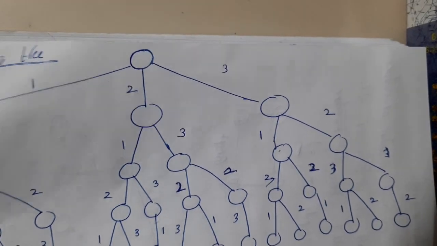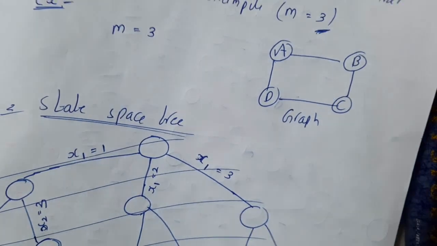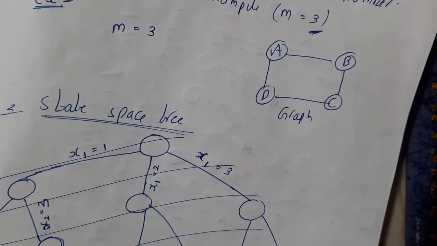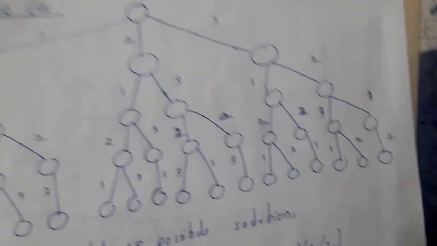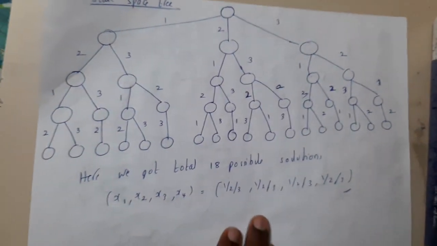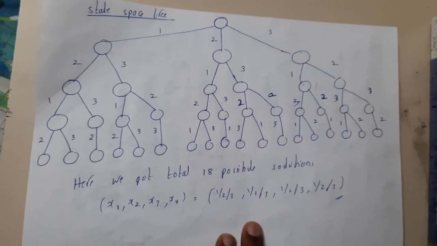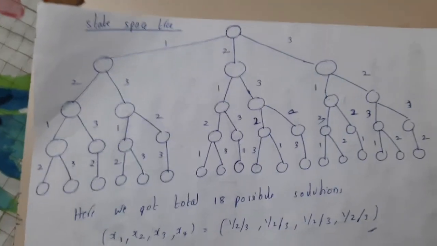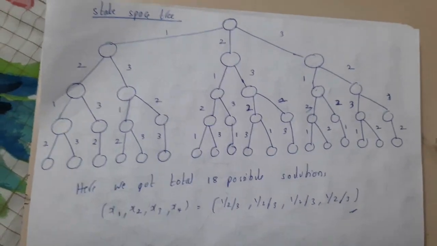Okay, so you will be assuming, I didn't think of this. Basically, you cannot see the full paper when I rotate it, right? Just give me a second, guys. Okay, so I'll be trying to hold it for a time. Okay, so basically this is the state space tree for the question, guys. Let me open the book, guys. Just give me a second. Okay, so this is the state space tree for the given question.